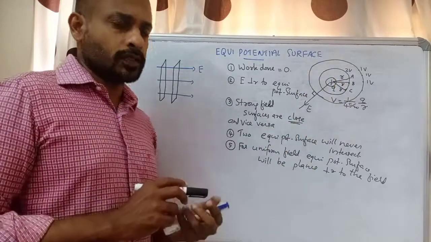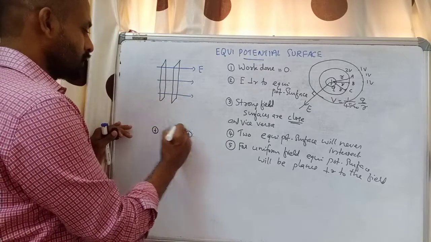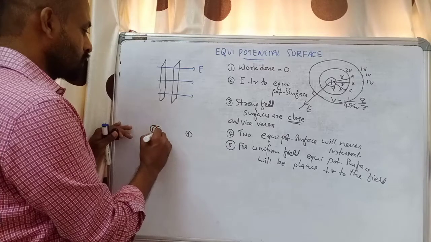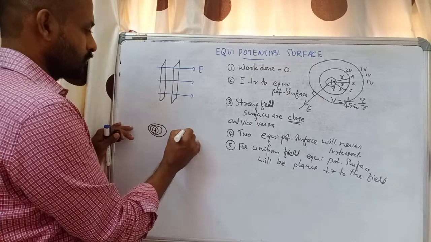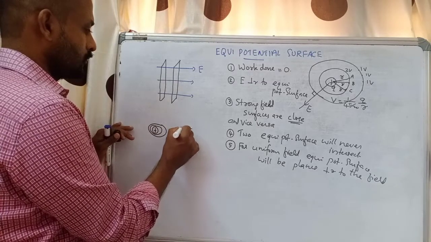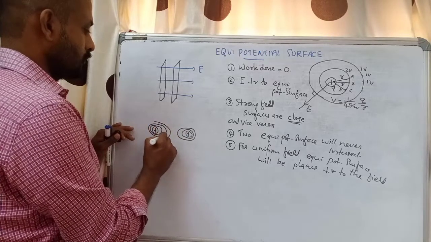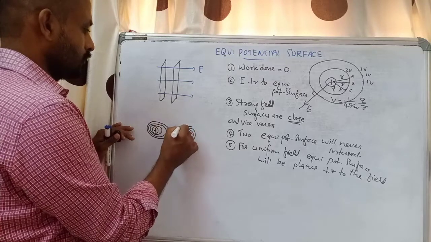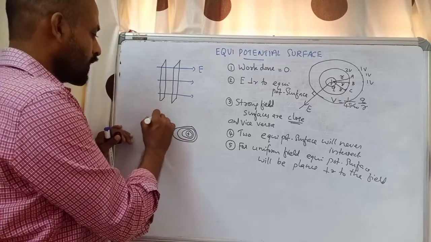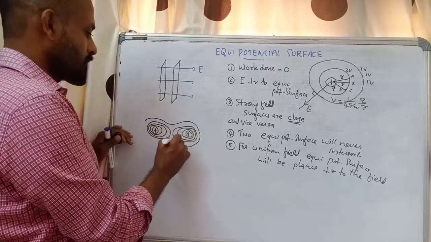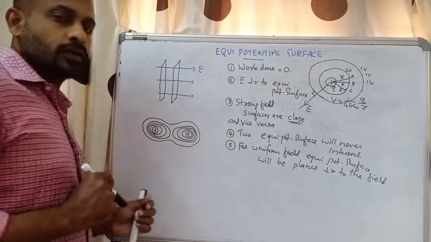Now suppose we have 2 point charges, 2 positive charges. We will draw like this here: one positive charge nearby the other positive charge. Then we will draw these equipotential surfaces. We can draw the spheres like this. These are equipotential surfaces for a system of 2 positive charges, and we can find an overlapping region also here. So these bold curved lines indicate the equipotential surface for 2 positive charges.